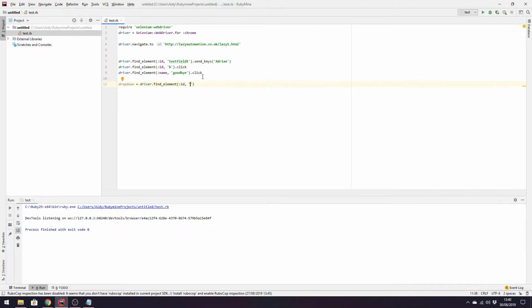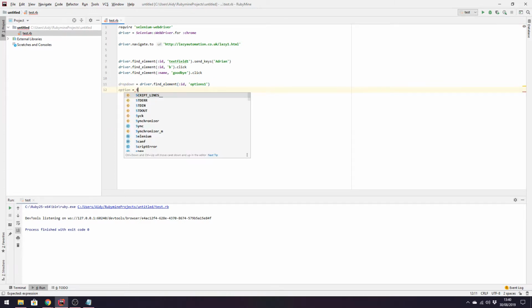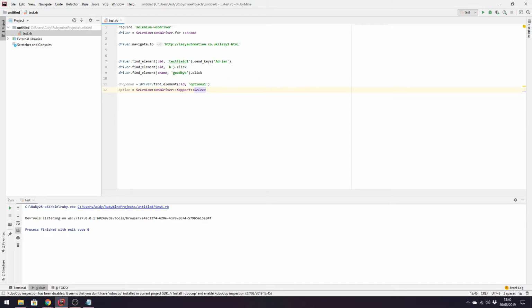Let's just copy that, pop that in there, and we want an option equals Selenium WebDriver support select.new, and we're going to pass in that drop down that we've just created,